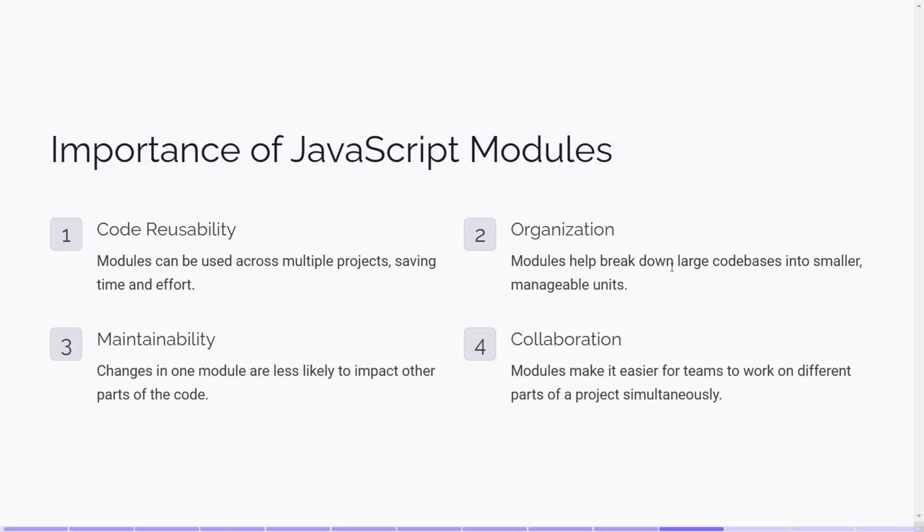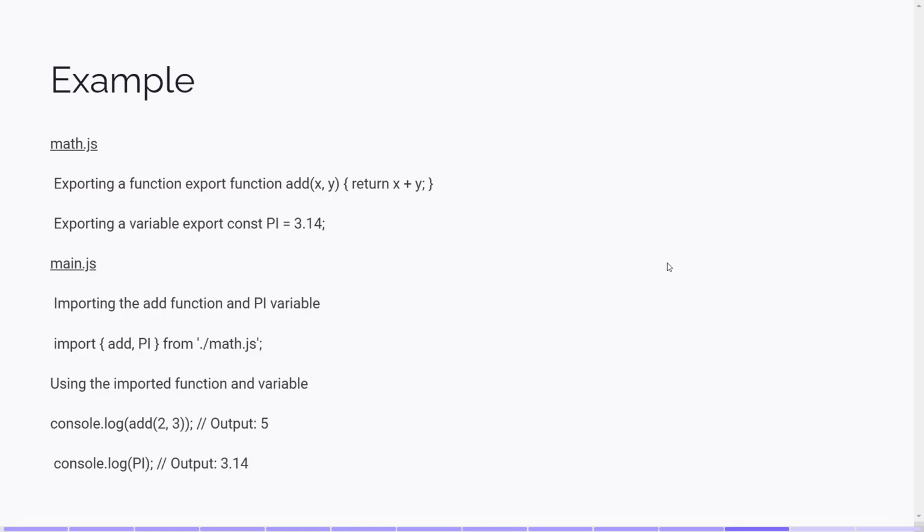Modules help break down large code bases into smaller units. And let us see an example for creating a module. For exporting a function, we use export function. Here export and import are the keywords used in JavaScript. For exporting a variable, we write export const pi equals 3.14. This is in the math.js file, and in main.js,